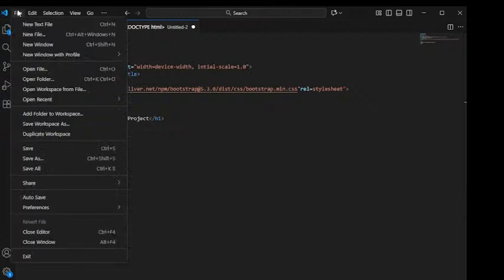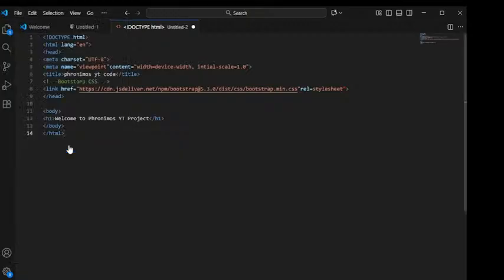So you have to save it. So we are going to save it. Now you save your work in a folder. Don't save it just as a file, save it in a folder. So that's what we are going to do. We are going to save it in a folder. And as you are saving it in a folder, don't forget something. Don't forget to use